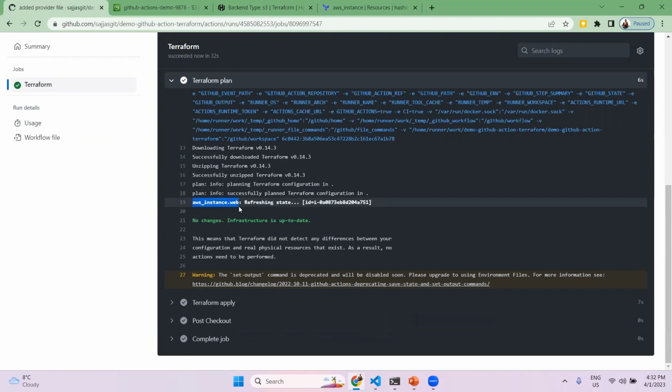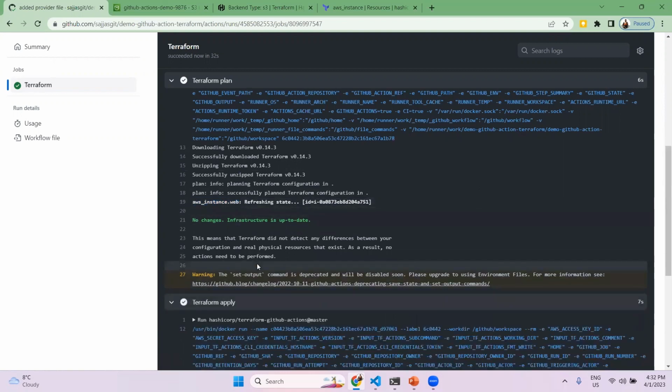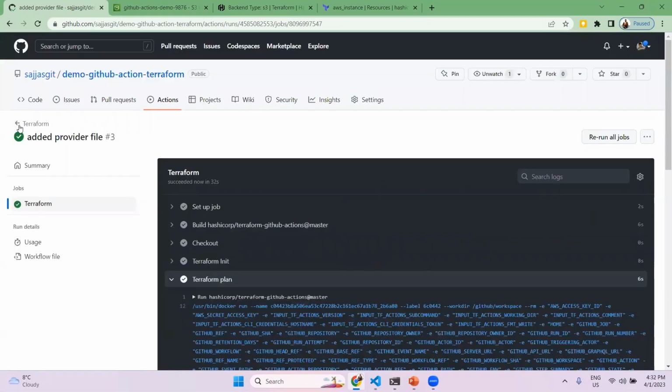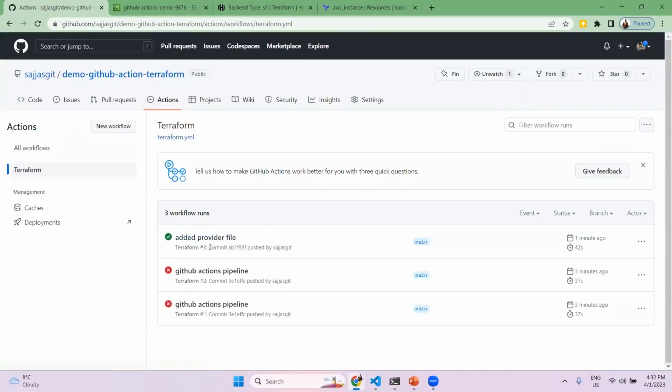That means now the backend S3 is successfully configured inside the GitHub Actions pipeline as well. And obviously the Terraform apply will not do anything else. So this is how the pipeline has been created and executed in GitHub Actions. Now, this is pretty cool. So far we have successfully created our